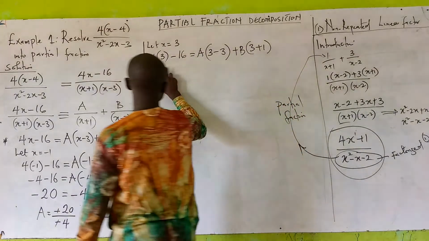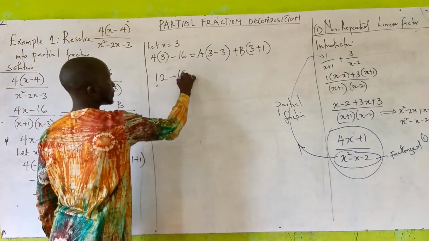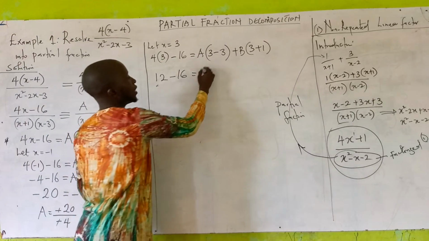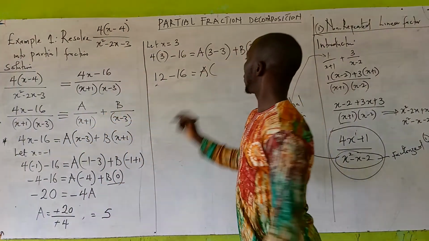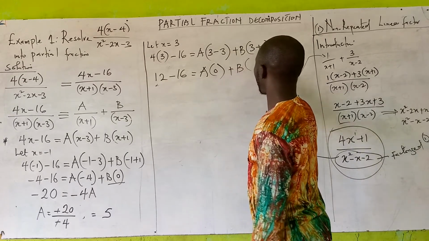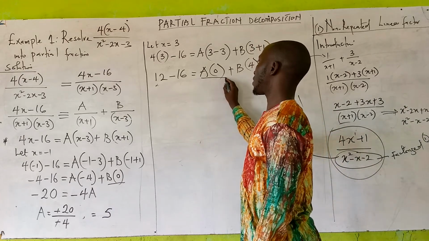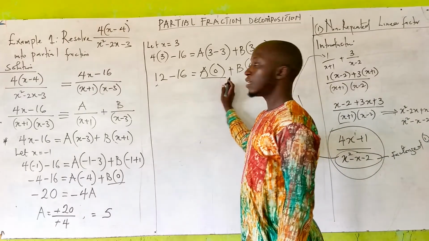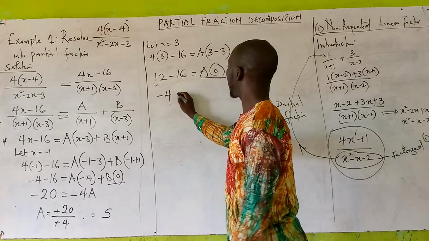And 4 times 3 will give us 12 minus 16 equals a into bracket 3 minus 3 gives us 0. So we have 0 plus b into bracket 3 plus 1, 4. If you look at this very well, this is automatically eliminated. So now 12 minus 16 will give us minus 4 equals